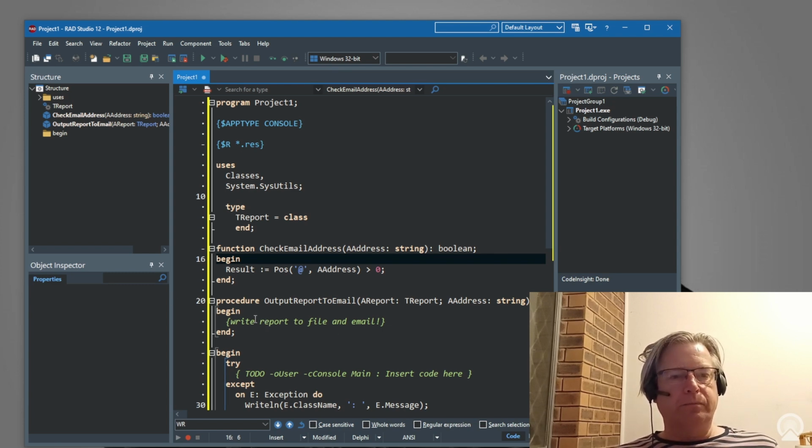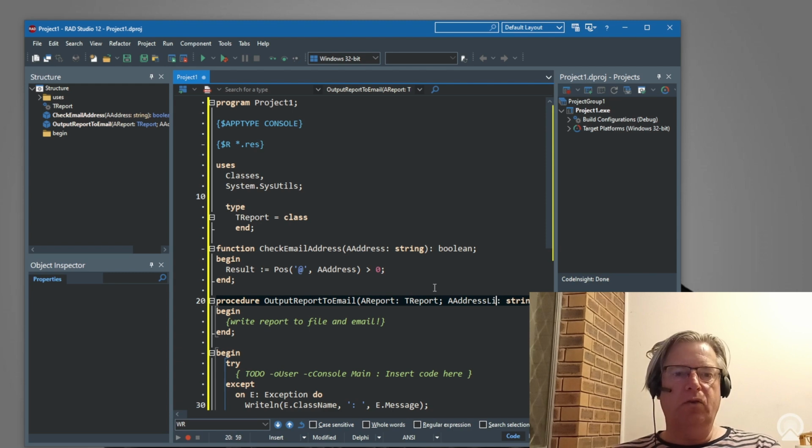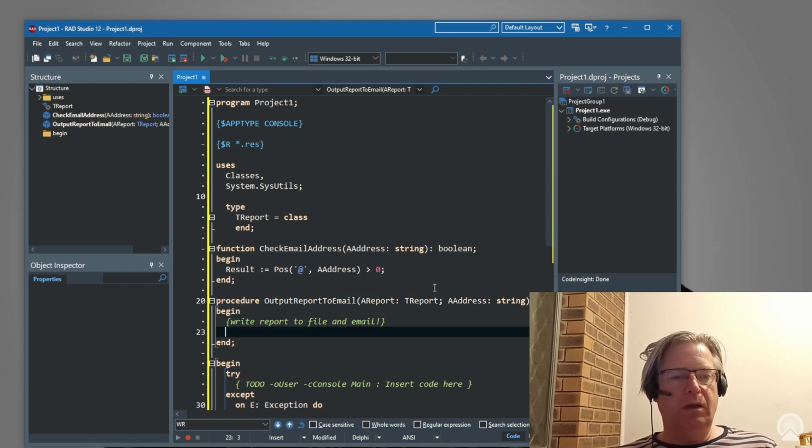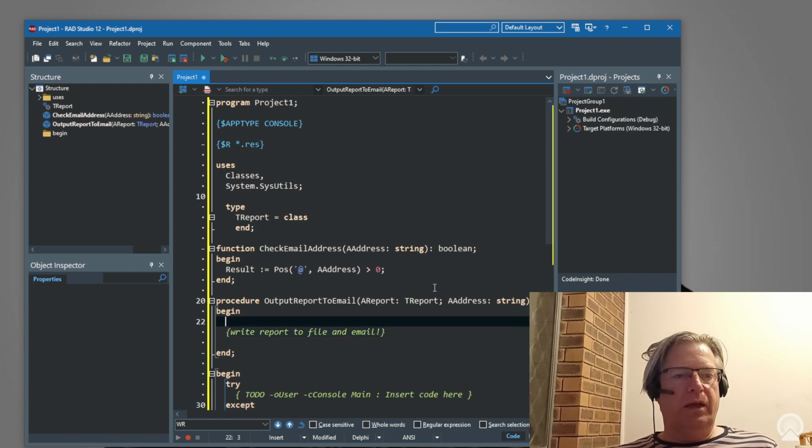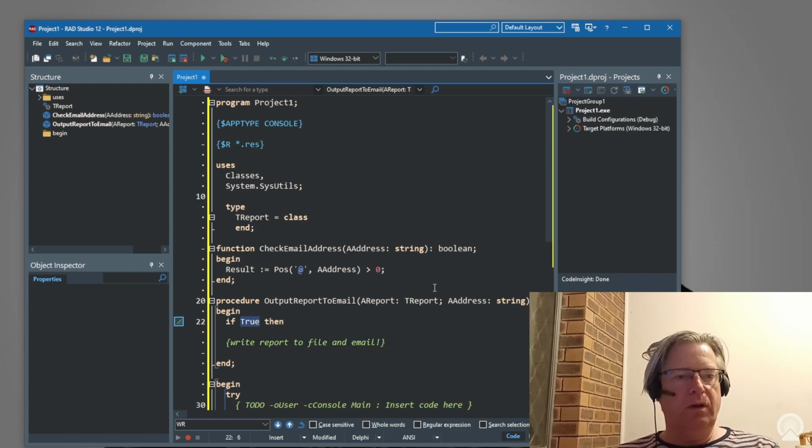So now let's suppose this is an email. Let's do an address list. Well, okay, this could be an address list here, but for the sake of the demo, this is just going to be a single address. So what we could do here is, let's suppose that we did something like this. If